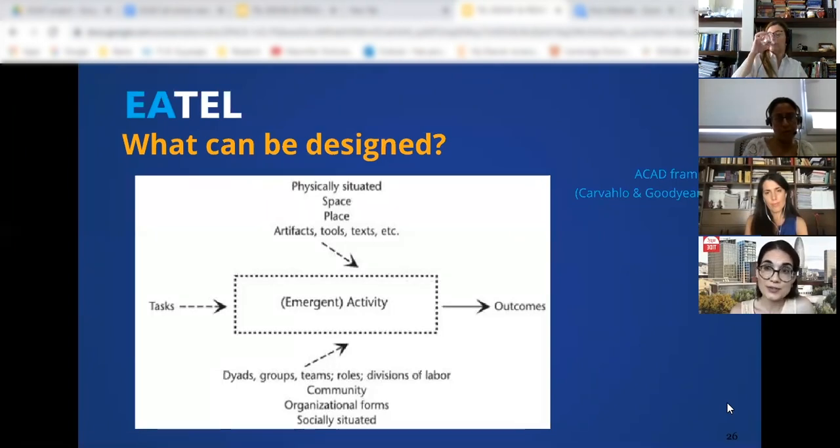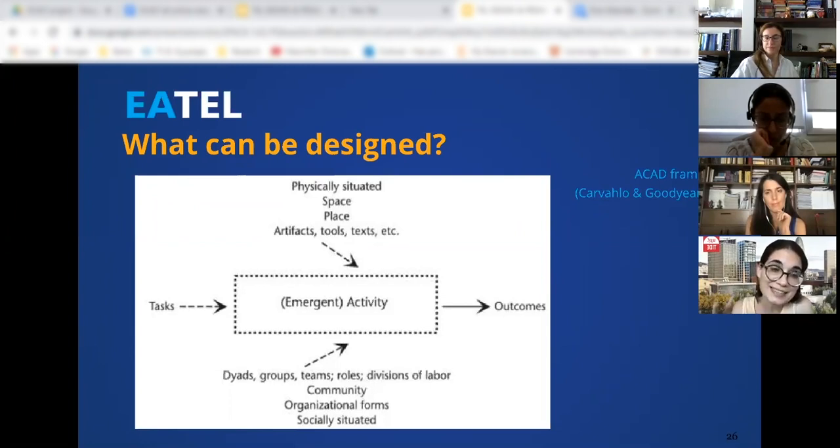Of course, every teacher in this case, or every learning designer, we speak in general, has their outcomes. So these are the learning outcomes, the expected learning outcomes, and what can be designed in order to achieve these outcomes are the tasks. So what is related to the epistemic perspective of a task that is being proposed to students. And then there are two other elements that can be designed, which are the physical space or the virtual space, the artifacts, the tools, the resources, and so on. The place and the space. So this is, let's say,